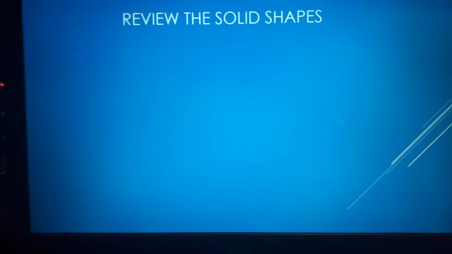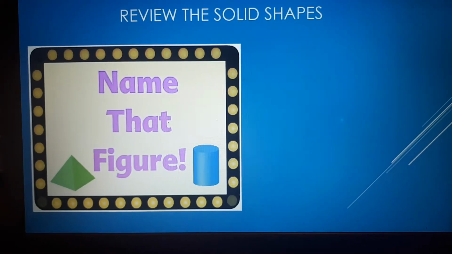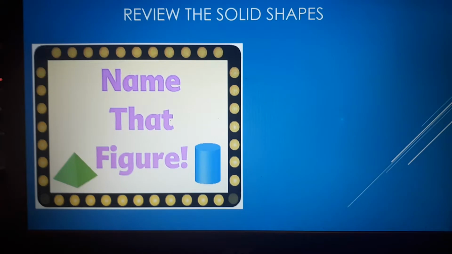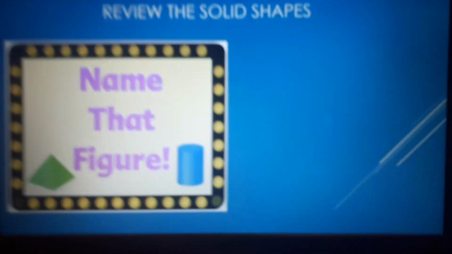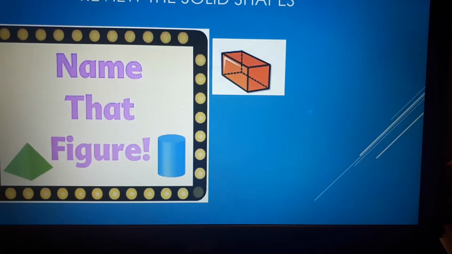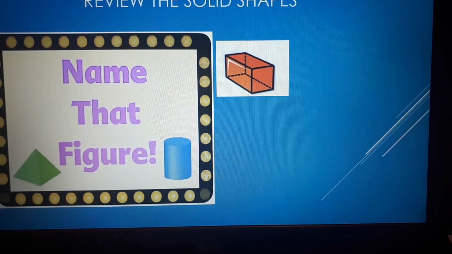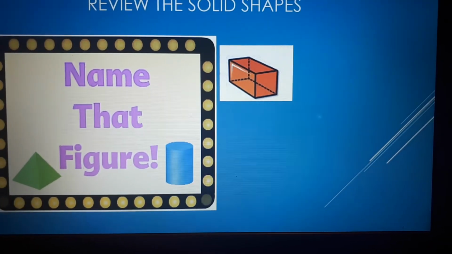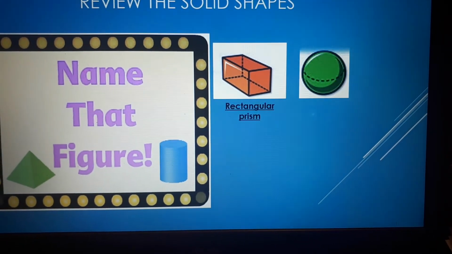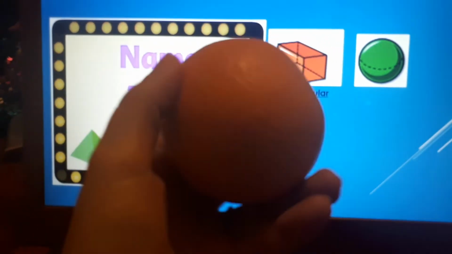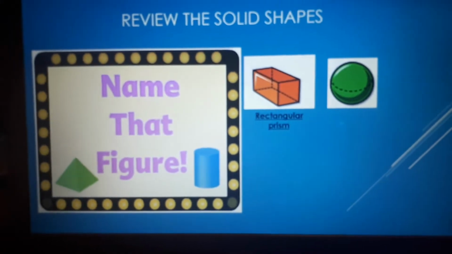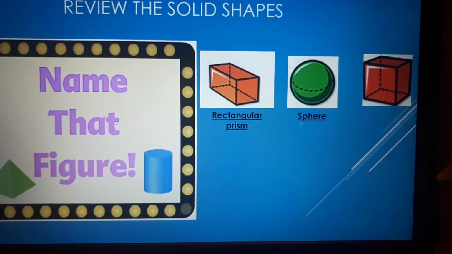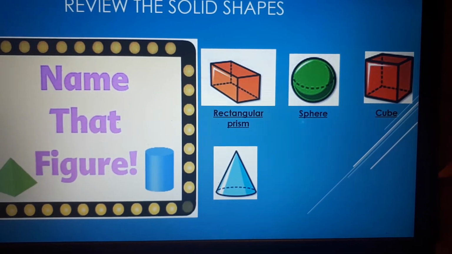Let's go to three-dimensional shapes, or the solid shapes, that we will take today. Remember that solid shapes are three-dimensional shapes that have length, width, and height. Come on, what's this? Excellent, you still remember it. Rectangular prism. Sphere, which is like this orange. You see it? It's like the orange. Cube, cone,